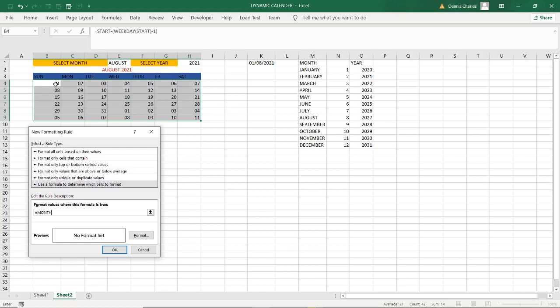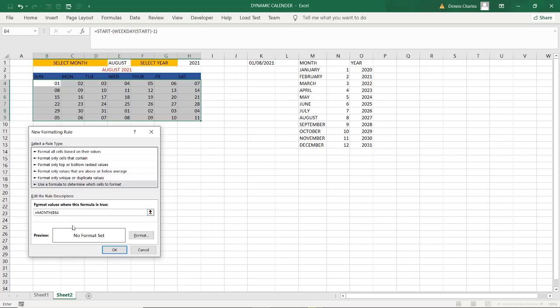I open the bracket, and then I have to remove the absolute referencing.